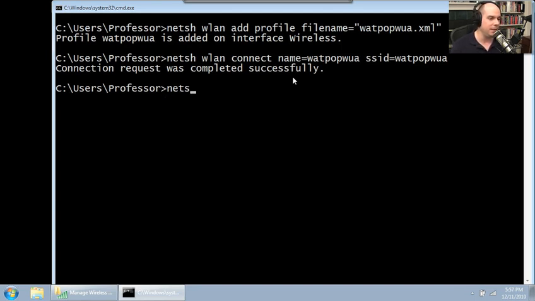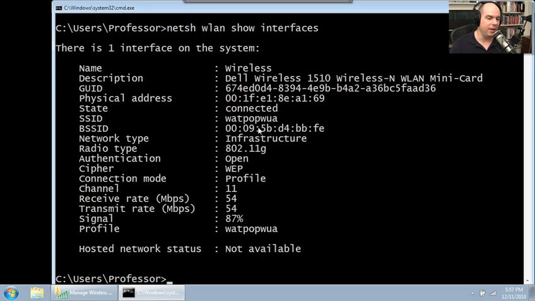Let's run that same command we ran before, which is WLAN show interfaces. And you can see now I am connected to that network. It even shows me how I'm connected, the method that I'm using, signal strengths and speeds as well. So a lot of the information we can get from the command line. In fact, maybe even a little bit more information from the command line than we saw over in the graphical user interface. It's a little bit more typing, but at least we have that capability